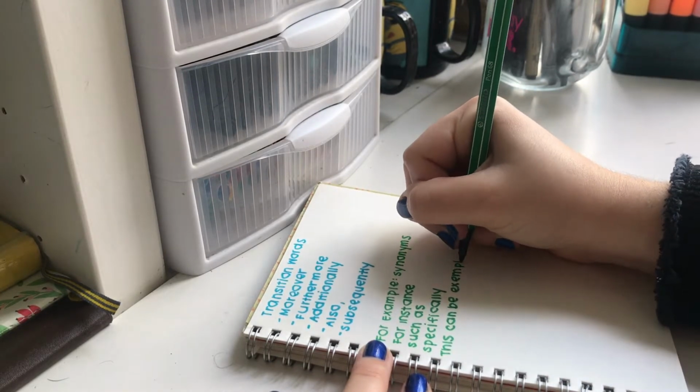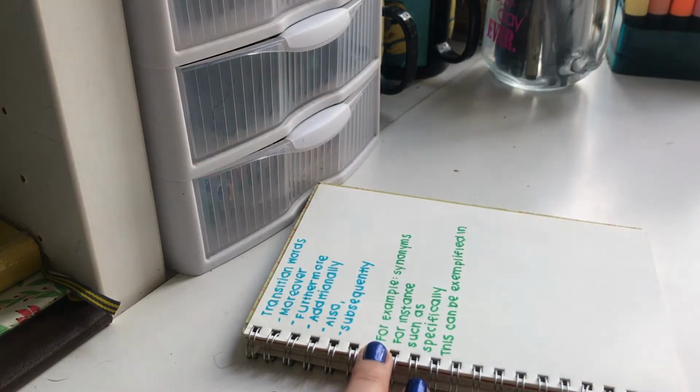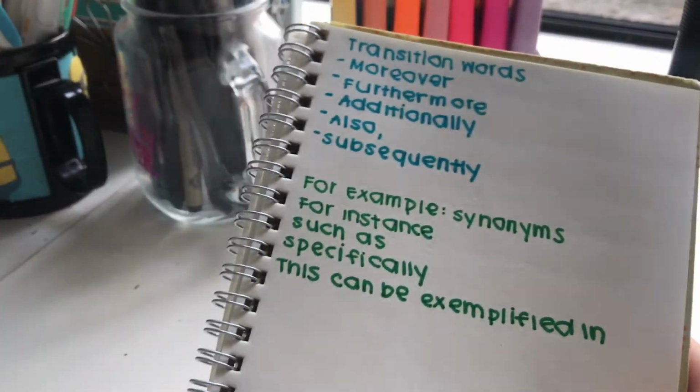I also started using a combination of simple and compound sentences because I think that this could really enhance your answer. And the point of the test is to show that you can manage the language by using different types of transitional phrases, different vocabulary, and different synonyms for the same thing that you want to say. I think that really shows the examiners and the machine itself that's correcting it that you can manage it enough